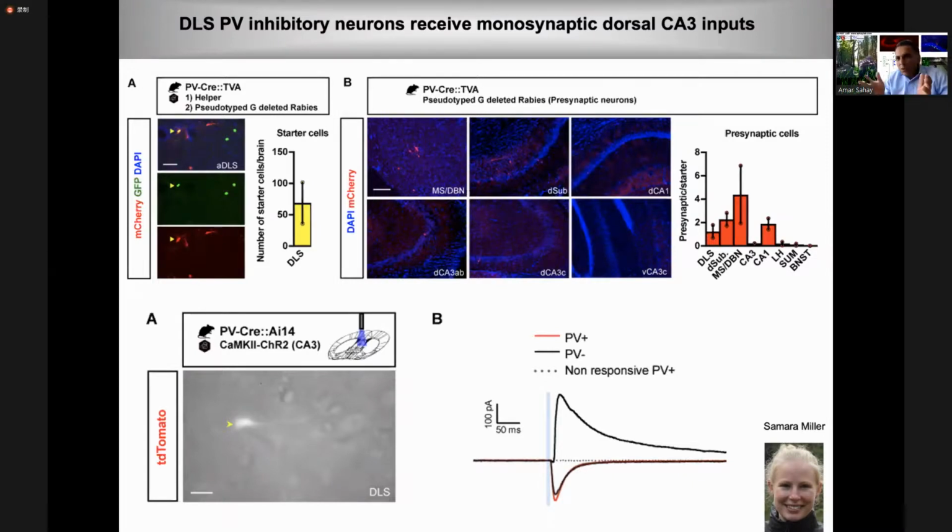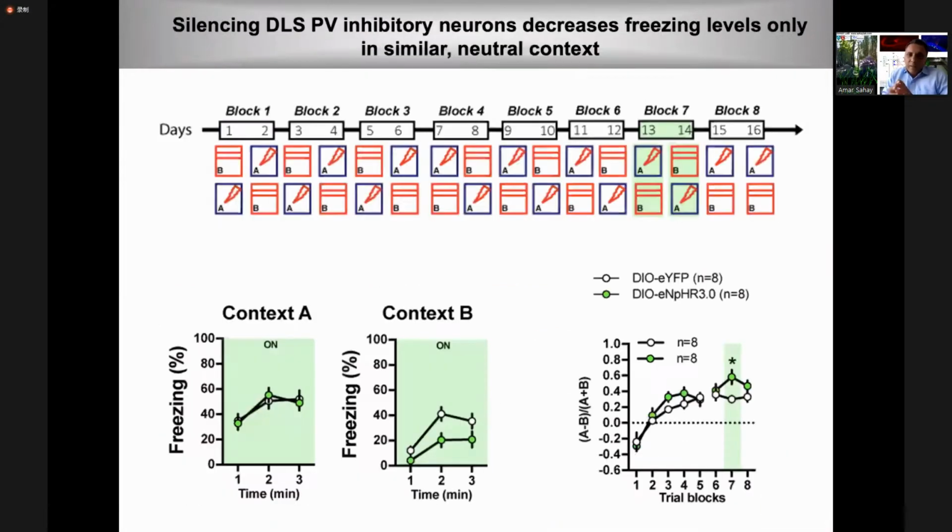What is the contribution of these PV cells to contextual fear discrimination learning? To address that, Antoine took a separate cohort of mice where he expressed halorhodopsin in the PV cells of the dorsolateral septum. He then challenged these animals to discriminate, as I've shown you previously, between a fearful context, context A, where the animals are conditioned by virtue of receiving mild foot shocks, and a highly similar context